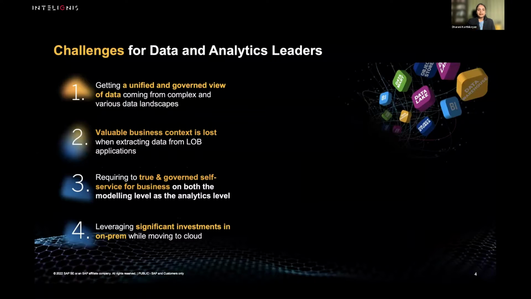Yeah. And again, some of the challenges for most of the data and analytics leaders in the organization are, first of all, getting a unified and governed view of the data coming from this complex and unintegrated landscape. The reality is that even though there are so many software vendors, many of them are not integratable at all. What is currently happening is the organization is spending a lot of time becoming a system integrator between those software vendors, while the software vendors themselves should have a good platform in order to integrate